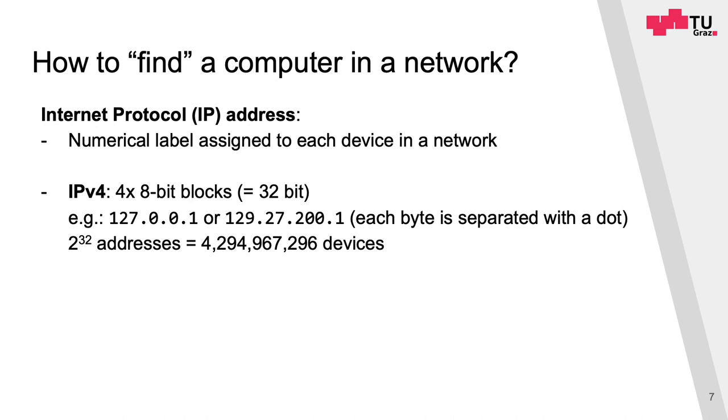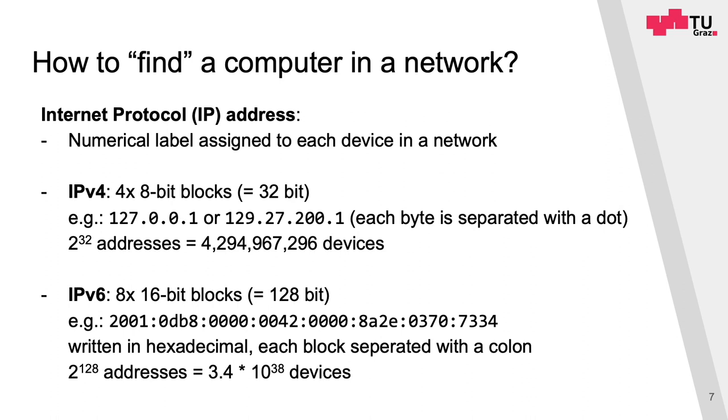And back in the days, the developers thought that we wouldn't reach 4 billion devices as soon. They thought 32 bits was enough. However, in the current days we have already much more than 4 billion devices in the internet. Therefore, we needed a new protocol which was able to address more than 4 billion devices. And therefore,